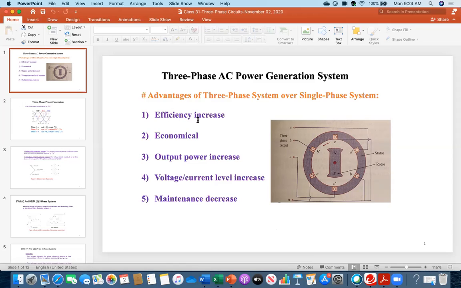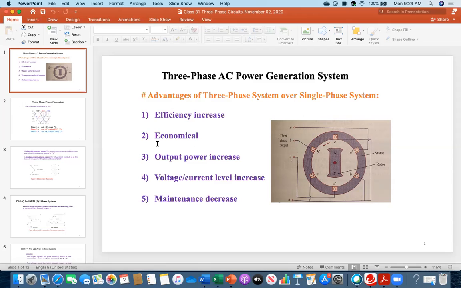So first I am talking about this point, how does the efficiency increase? Everybody knows the basic definition of efficiency: for anything, efficiency is output over input. In this case, you are getting outputs from three terminals, but your input is the same. This means using one input, you are getting three sets of different voltages. That is the benefit, that efficiency increases.